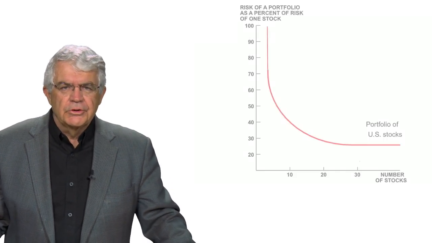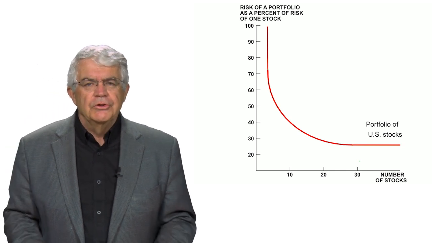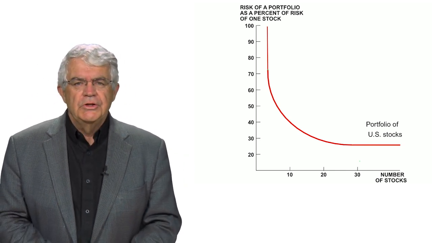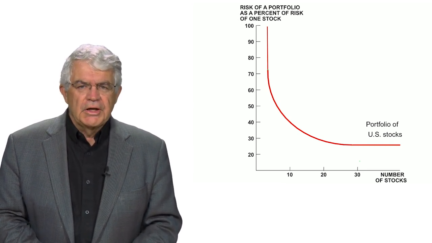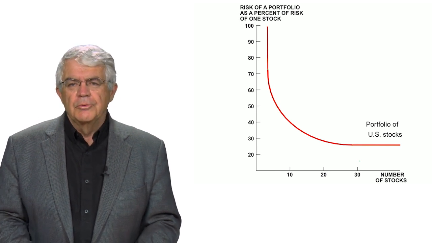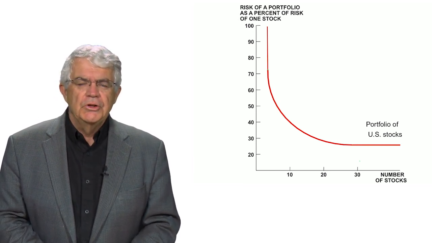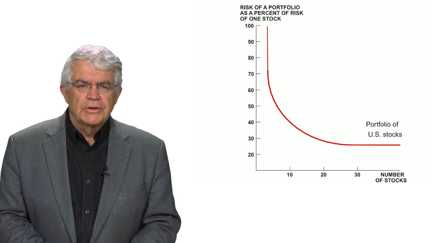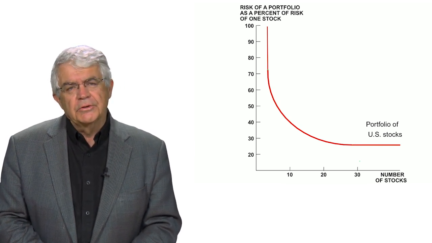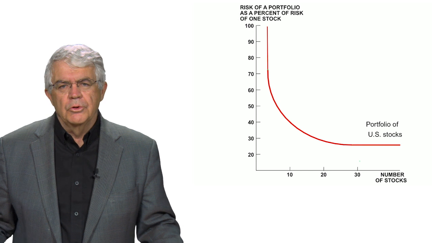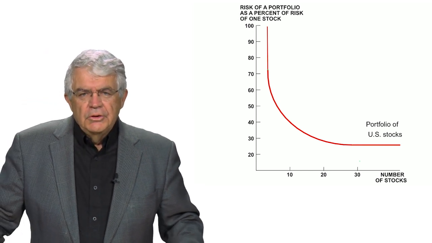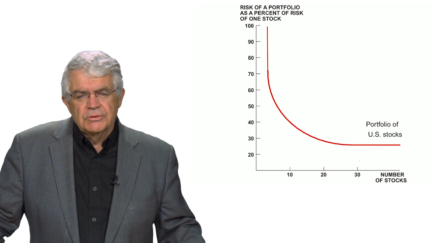There's a picture here which illustrates this. This is how much you can reduce your risk. An investor can reduce the risk by diversifying the portfolio, holding a larger portfolio of stocks. In this case, on the horizontal axis, we've just shown the number of stocks in the portfolio. On the vertical axis is the risk, measured relative to holding only one stock, like Hewlett-Packard. In this case, you can see that holding 5, 6, 7, 10 stocks reduces the risk substantially. Getting up to 20 reduces it more. At some point, you kind of flatten out so you don't get much more reduction.